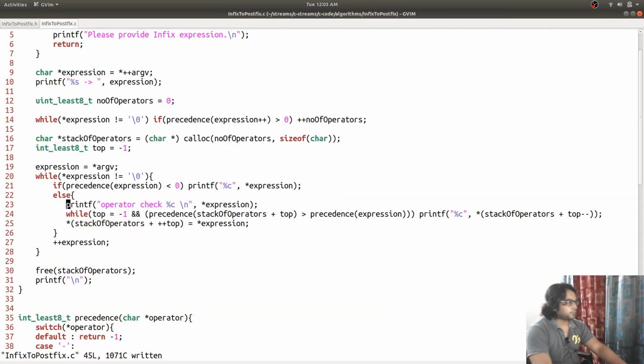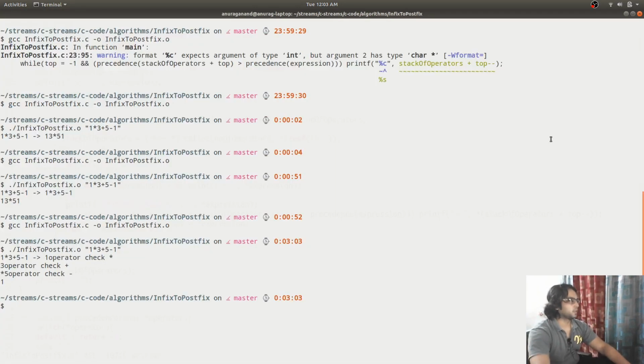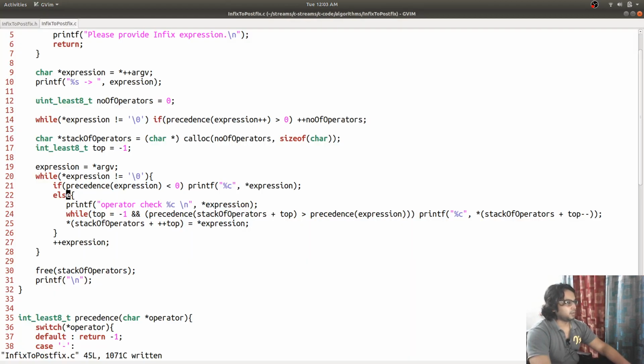From where this 5, and okay, I'm going to put it on a new line because it is messing up the output in the console.